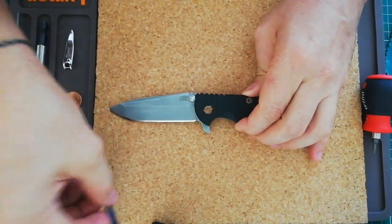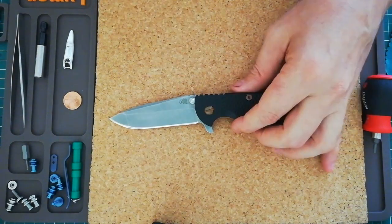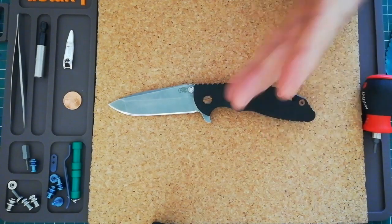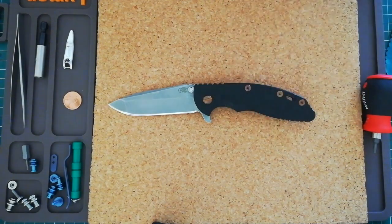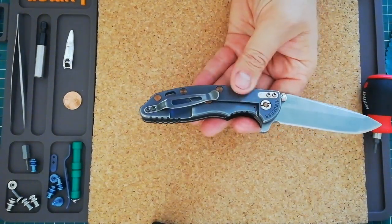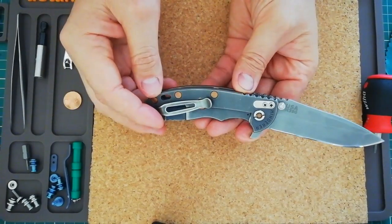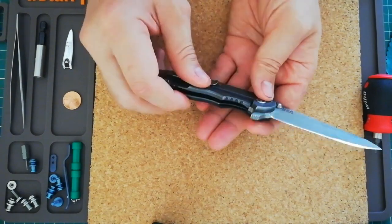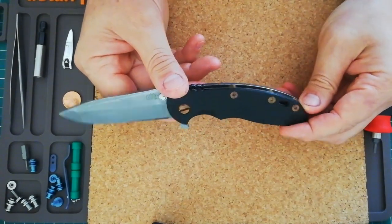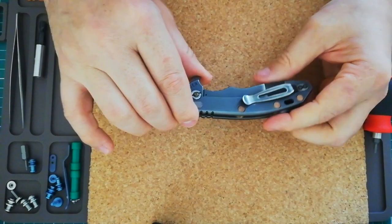I had this bronze hardware, which was meant to be for my XM-18, but in the end I wasn't going to use it, and I said to him, hey, would you like me to make a few changes and give maintenance to it? And he said, of course. So I ended up changing the hardware